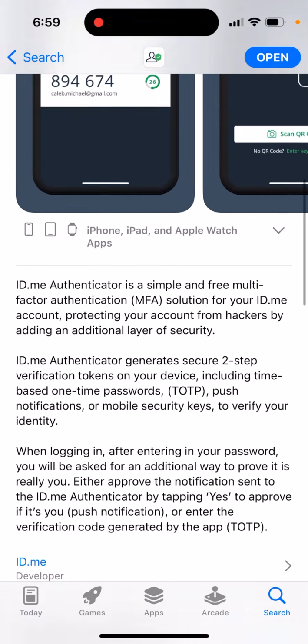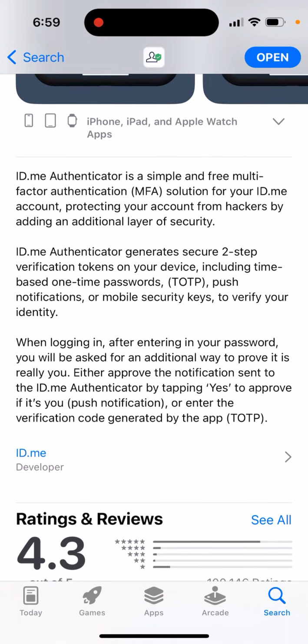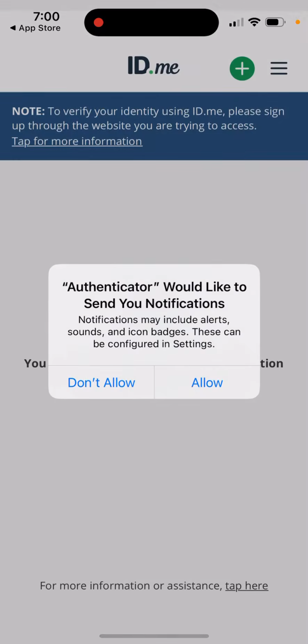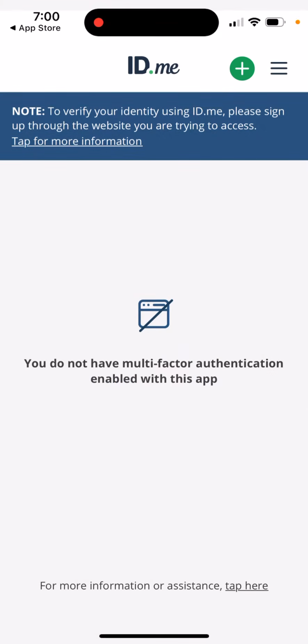Maybe your company is using that. It's a simple and free multi-factor authentication solution for your IDMe account, protecting your account from hackers by adding an additional layer of security. IDMe Authenticator generates secure two-step verification, including time-based one-time passwords and push notifications, and that's just the way to secure your account for sure. Like if you're holding some important logins, like to your Gmail or something,